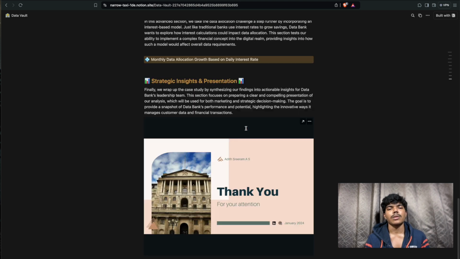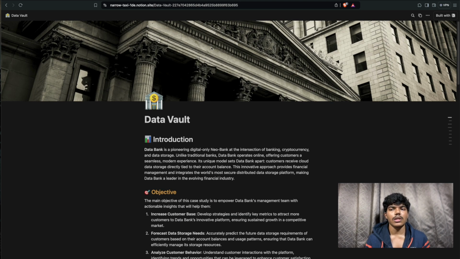And lastly, the presentation. I think this is a fully fledged data analysis project, solely based on PostgreSQL. And if you all want to view this website, you can